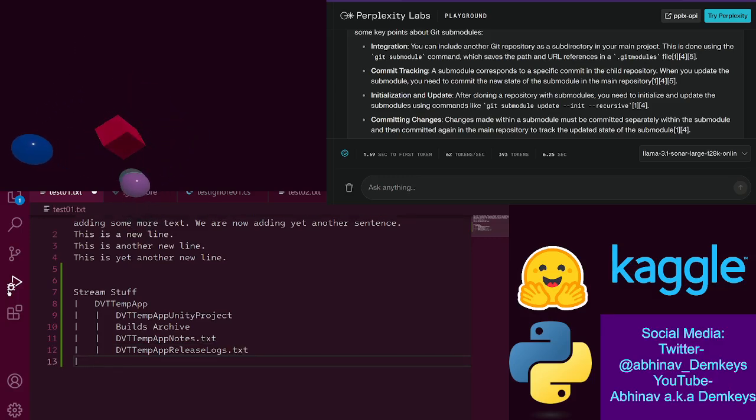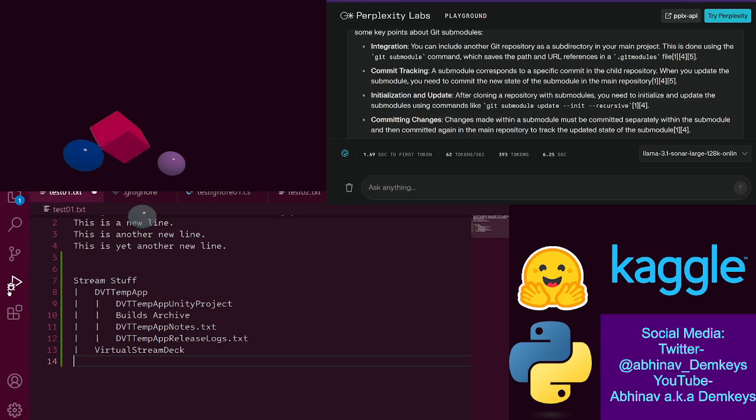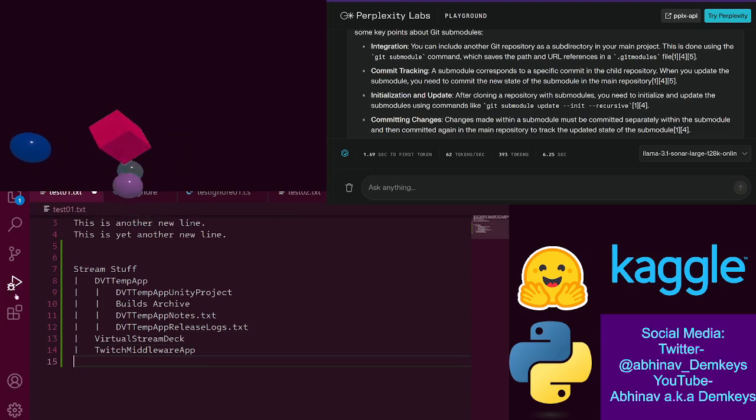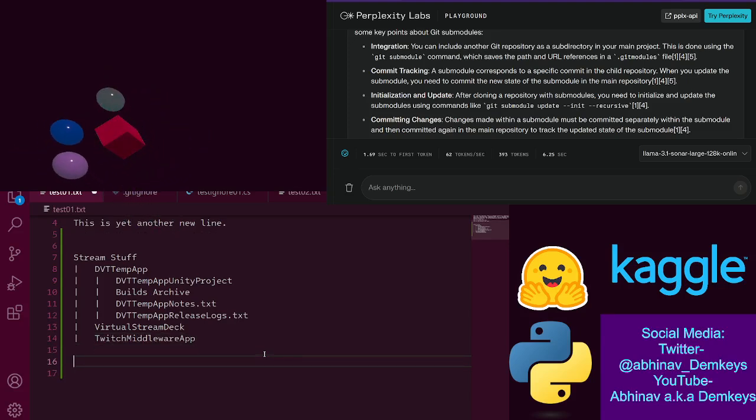So it's for streaming, right? So I could technically put Virtual Stream Deck into this. I could also put the Twitch middleware app into this. Where did I place Twitch middleware? Let me just check. Because, okay, the way that I've organized this is,